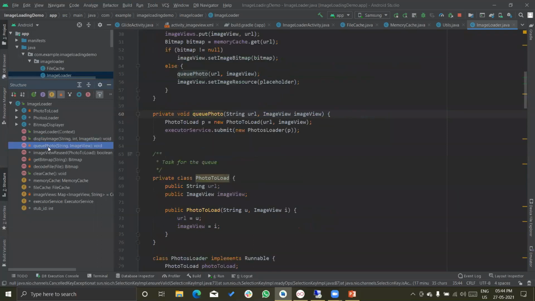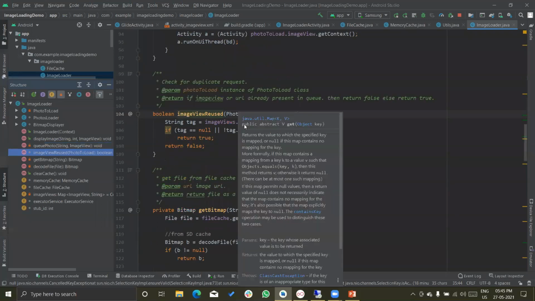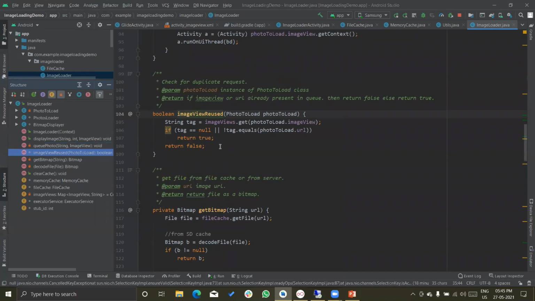Then the next method is queue photo. This method is used whenever we receive any request, so we put it in a queue. And image view reuse tells us whether the image view is ready for reuse or not.